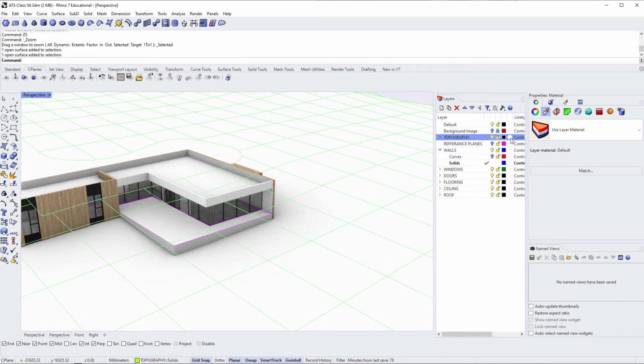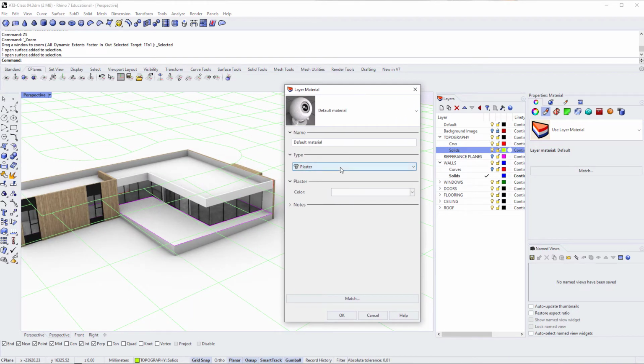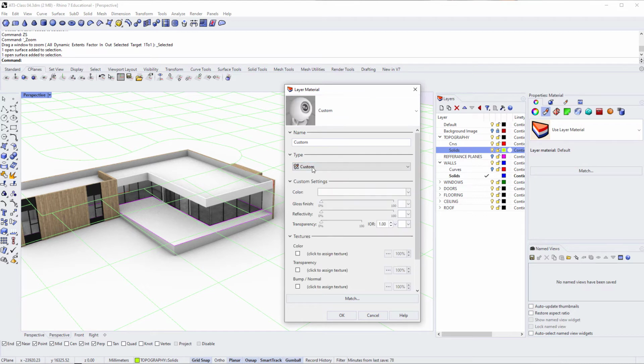And I am going to use this a little bit differently. I'm going to go to my solids layer, and I'm going to click on underneath this little dot here. I'm going to click on this and apply material to the entire layer. So this is a little bit different to before. I'm going to go to custom. I'm going to call this one